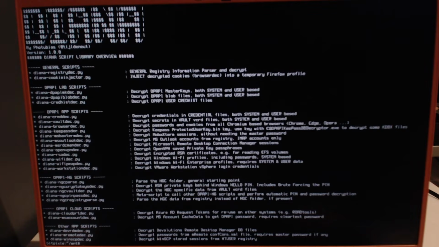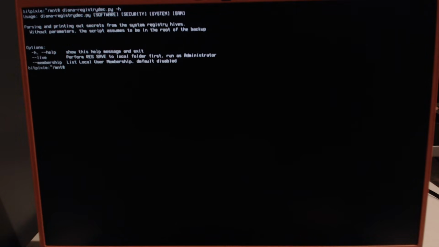So I will not go over every single script that you can see here, of course, but I wanted to show you one or two. A separate video will be created on Diana in the future. So let's maybe look at the general scripts at the top. We have our generic script called registry decryption. What this script actually does, if I launch it like this, just to look at the help, is